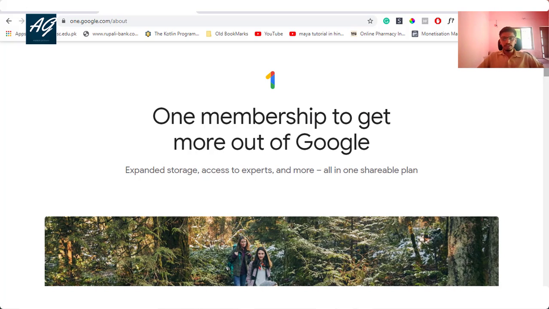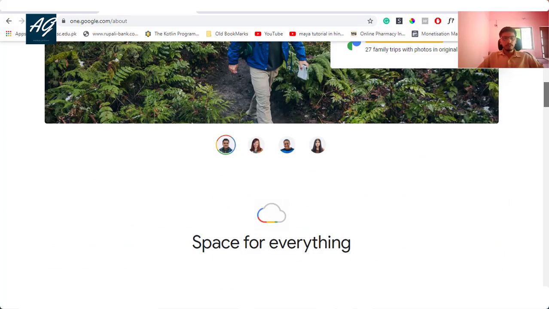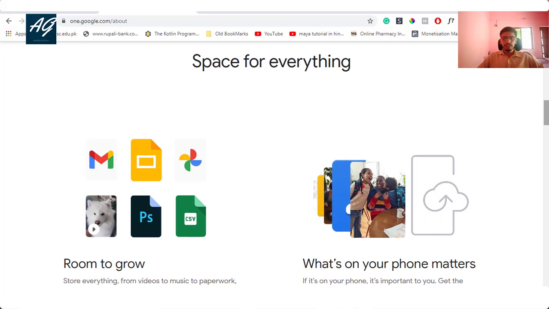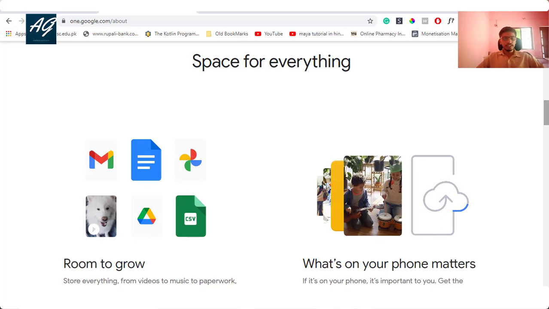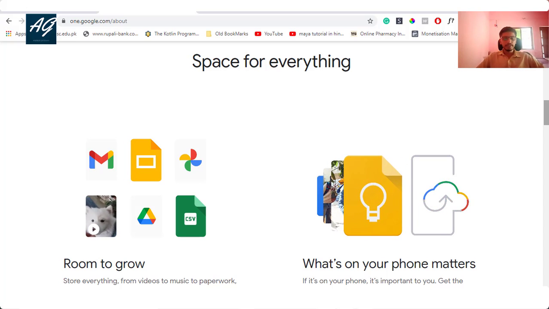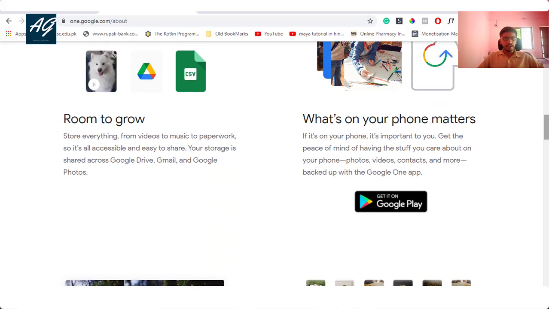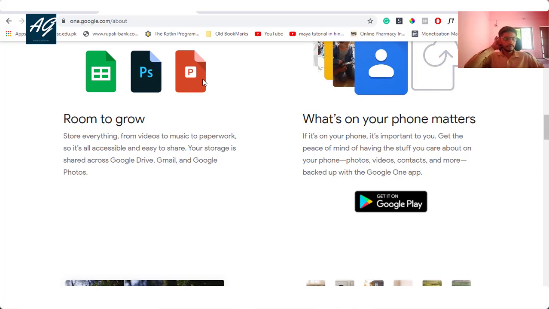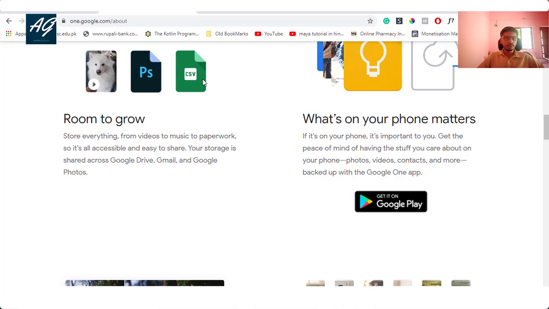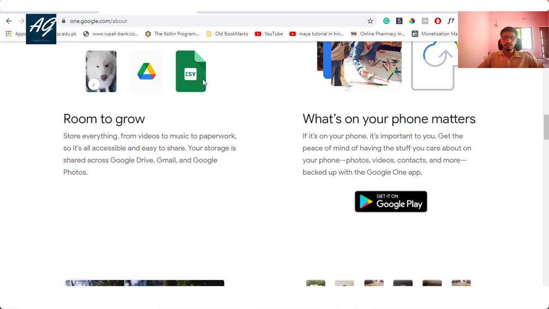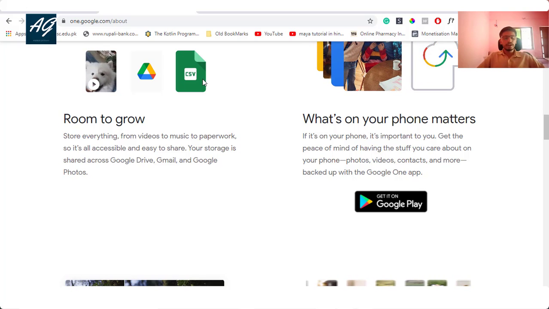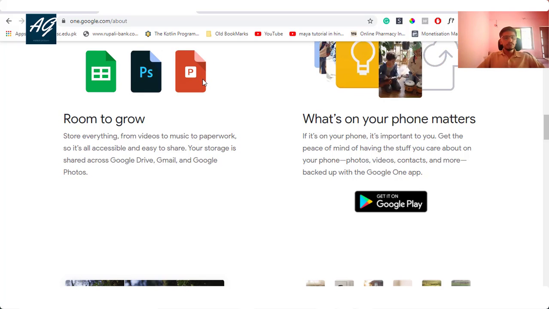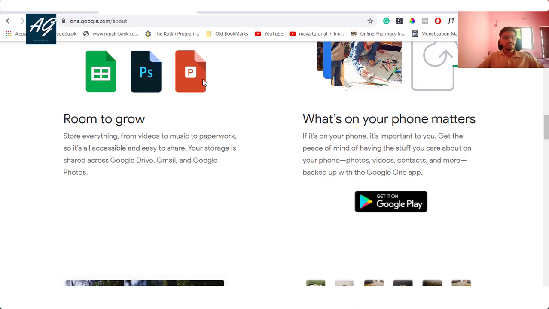Here is the space for everyone. You can also share this space with your family members and friends, and there's room to grow for all the Google services you are using, for example Google Drive, Google Photos, Google Docs, Google Sheets, etc. If you want to increase your storage capacity, you use this Google One service.